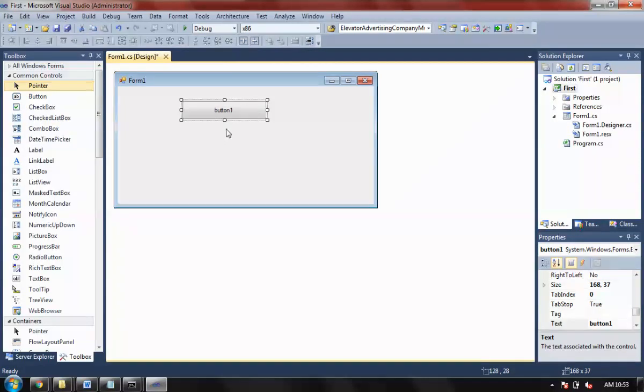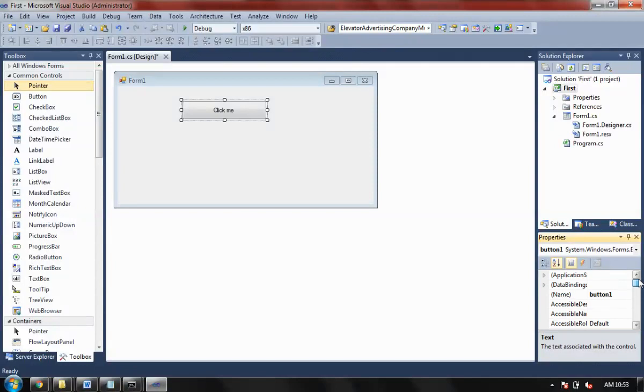Fine. And to write code here, I want to change the text on the button. It's very simple. I can just go here and say Split Me. This is the text which is going to show. I want to change the button name, so I'll say CMD. It is a command button. You can say BTN also, but we prefer saying CMD. It is a command button.